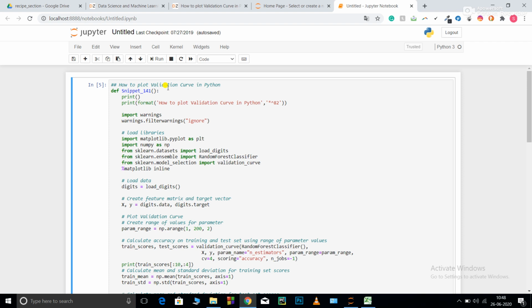When you are training your model, you need to validate the accuracy of the model by yourself. So how can you do that? You can split your data set into training and testing parts. You can train on the training part and test on the testing part. The testing part is the part of the data set that the model hasn't seen before, and this is how you can validate the accuracy of your model. One more method is cross validation.